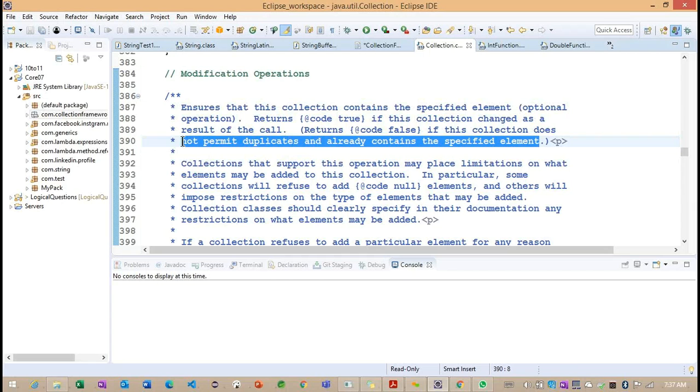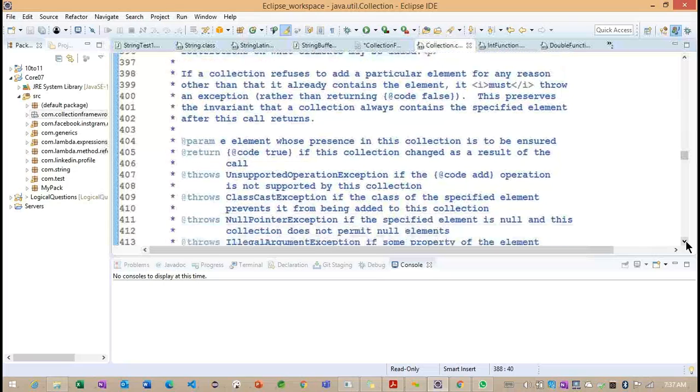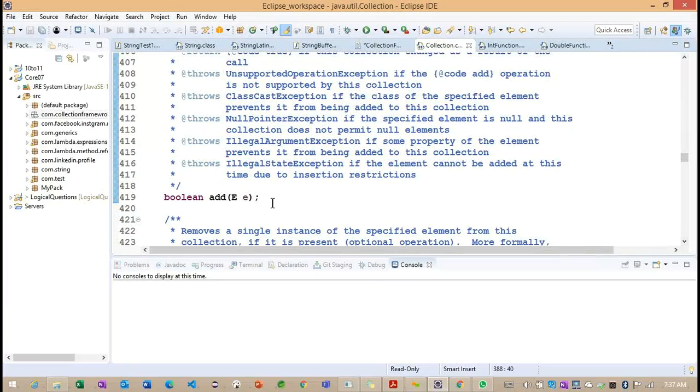If it is a duplicate, meaning the object is already contained, it will not add it and simply returns false. If I add a new object, it returns true. So this is all about the purpose of the add method.